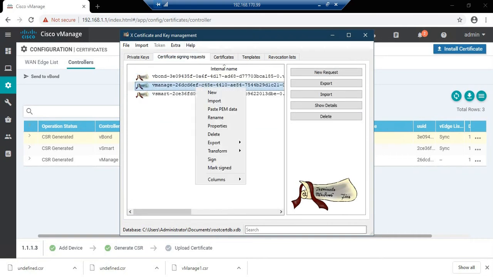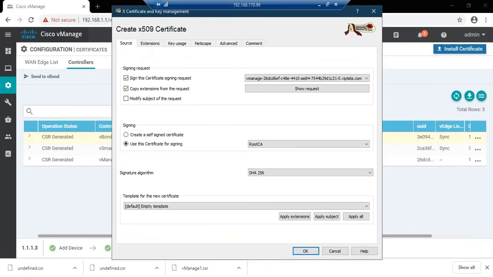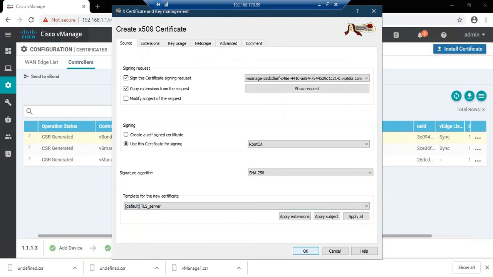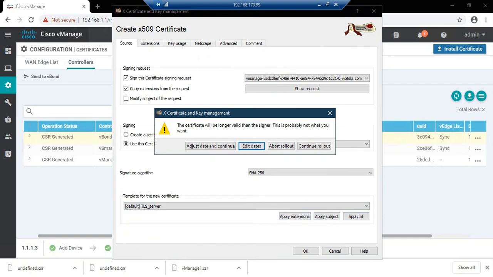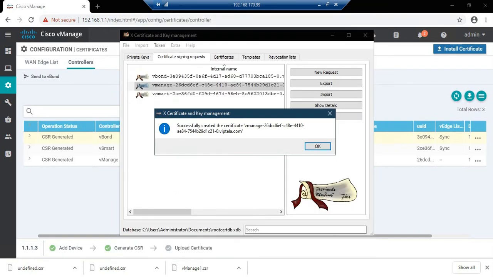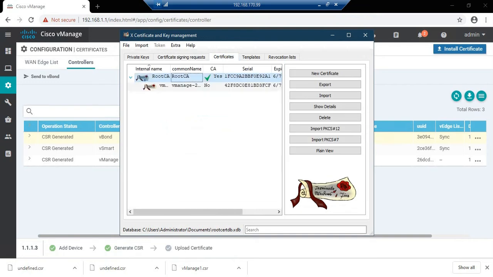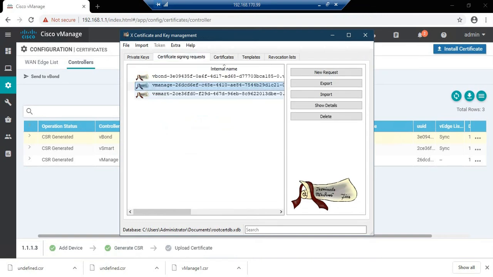Now let me sign the Bmanage. So I have the Bmanage. It is saying it is not a CA certificate, so it is saying no. Let me sign the BSmart.